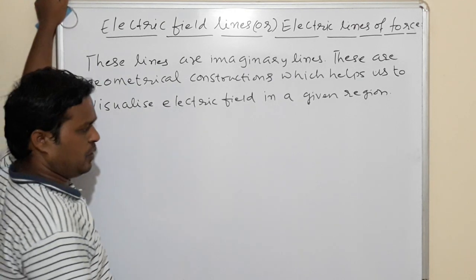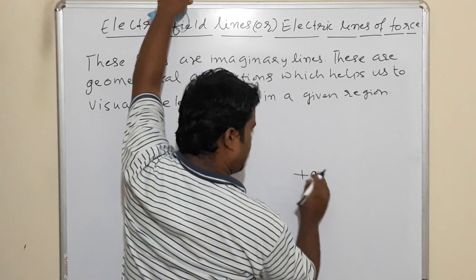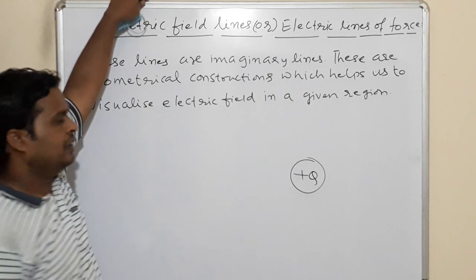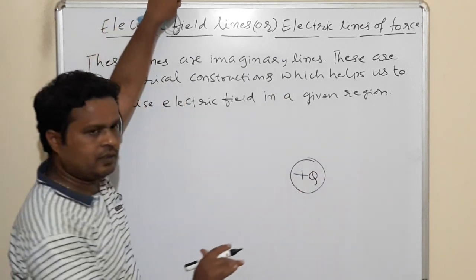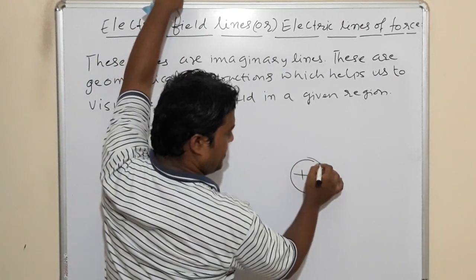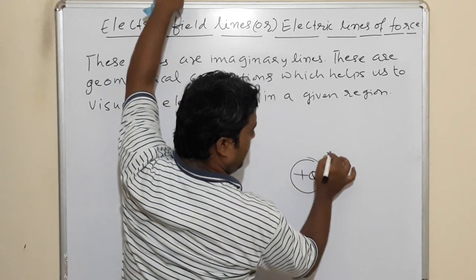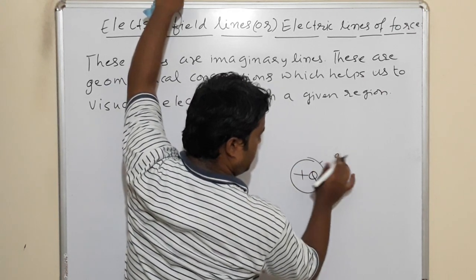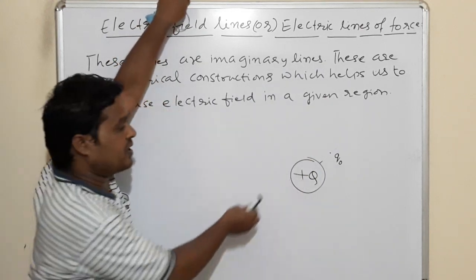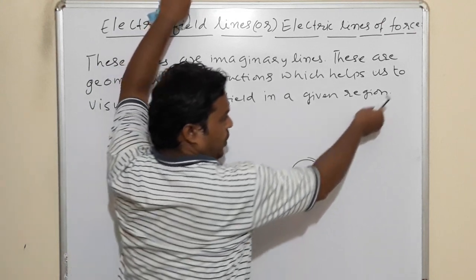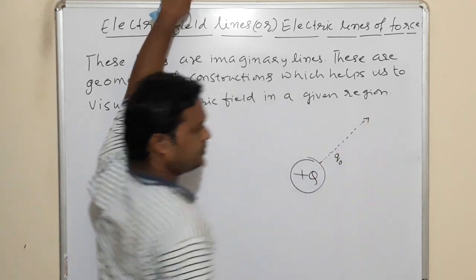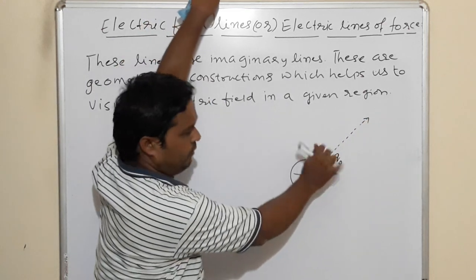And what the line is, suppose for example, if there is a positive charge like this at a given point, then around this positive charge, just you keep any unit positive test charge. Let us place a unit positive test charge around this point. Because of electrostatic repulsion by this source charge, this will move like this, this will move like this, this will move in this direction. It means if you are holding this, it will not move.